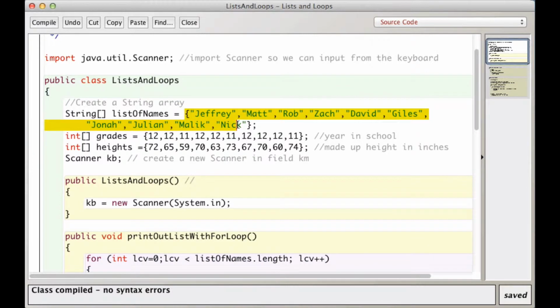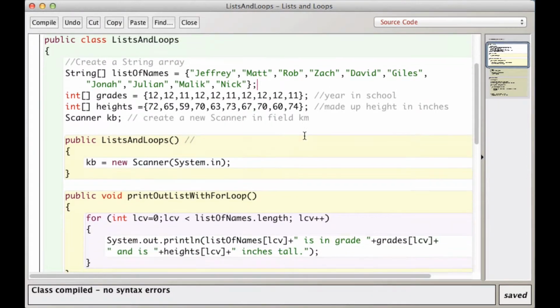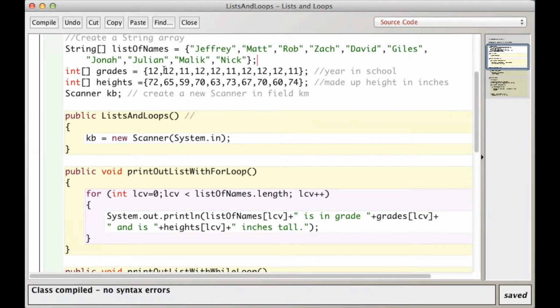And the array class has this ability to quickly initialize the list with these values that are supplied inside of these braces. Because this is strings, we have to give it strings, right? And that creates a list with these strings in the positions of the arrays. We'll take a look at that in a second. Same thing here, but in this case, it's a list of int values, and then we supply the int values, and a list of heights in inches, and we supply that list of heights. And these can be any length, but